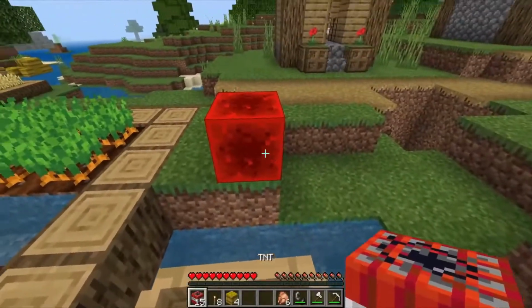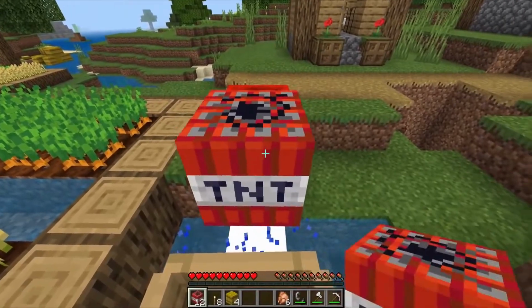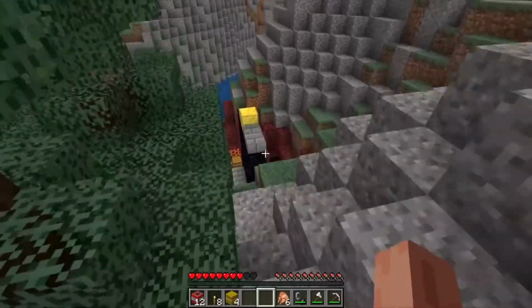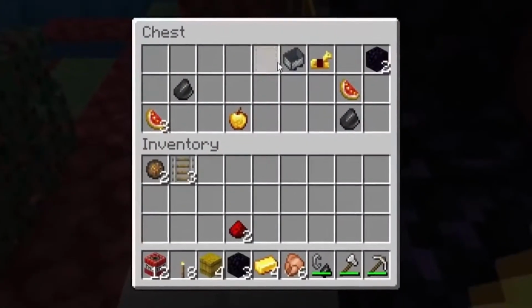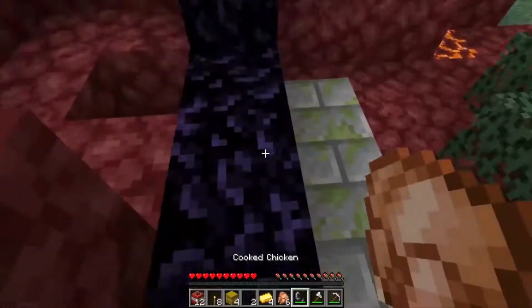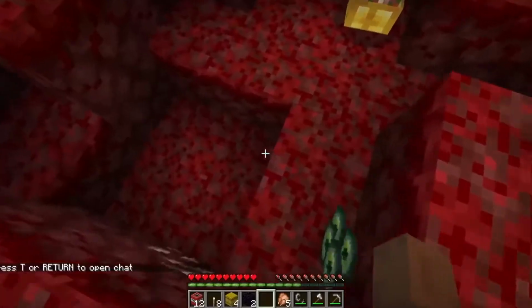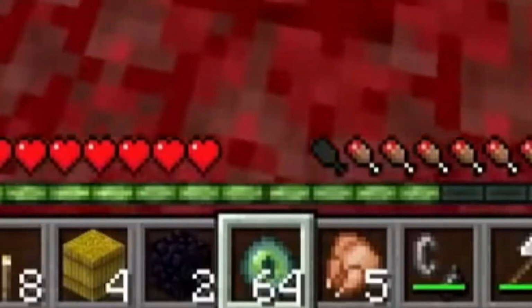The speedrunner builds this strange contraption, and he launches himself in a boat with TNT across the map, conveniently right next to a ruined nether portal. He finds obsidian in the chest, completes the portal, lights it, and goes into the nether. The speedrunner throws 4 gold ingots at the piglin, but he gets back 64 eyes of ender, which isn't even